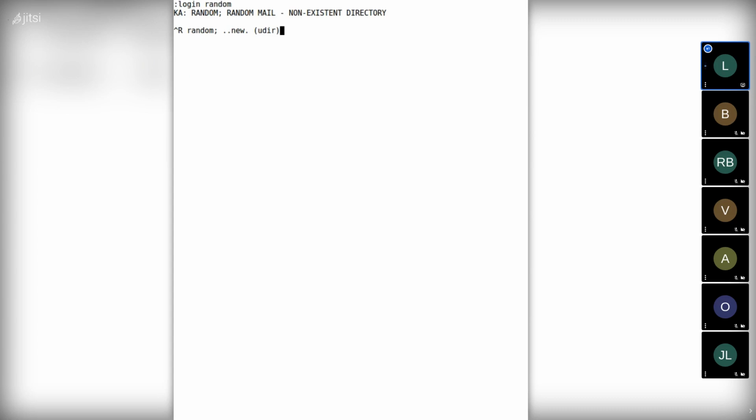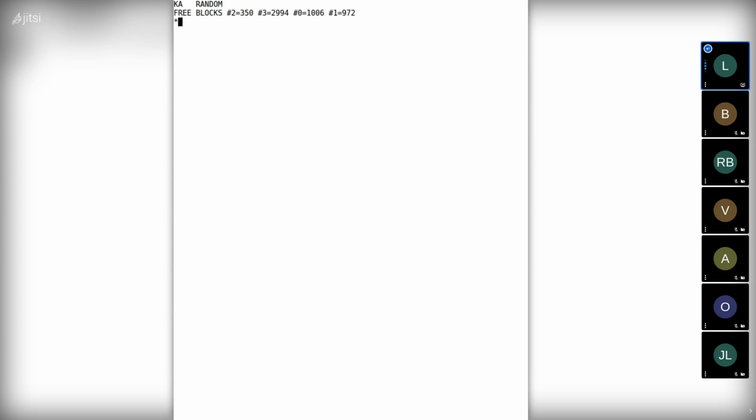These new UDIR words are a little bit magic, and we seem to get an error, but if we go to that directory and type listf, we see that we do have a new empty directory.